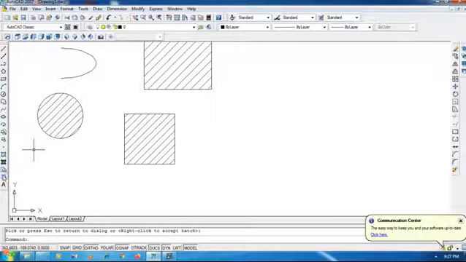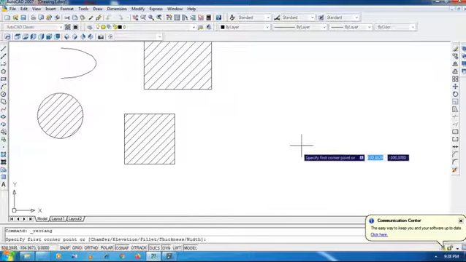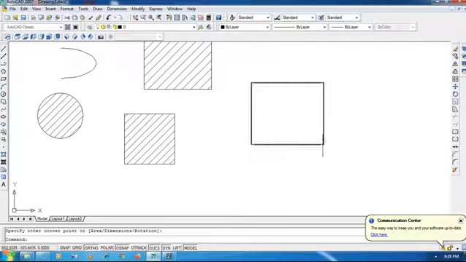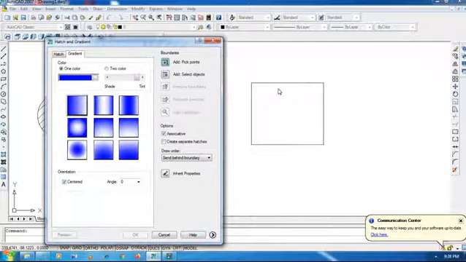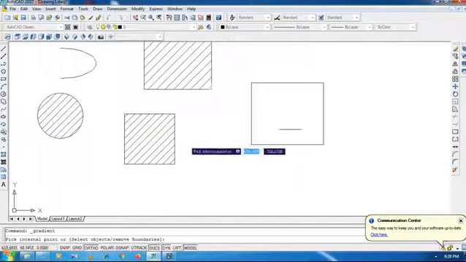Now one more thing we are going to see is gradient. What is the use of this gradient? I'll show you. I have drawn one rectangle here. Now we are going to apply a gradient. Suppose you want to show shades inside your object, you can show shades. Now we have selected the gradient option, add pick points.